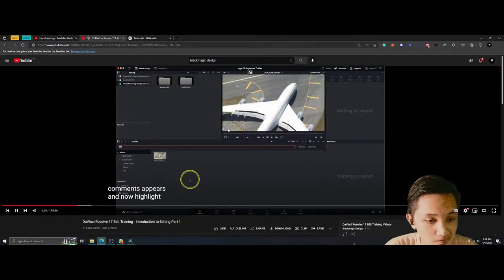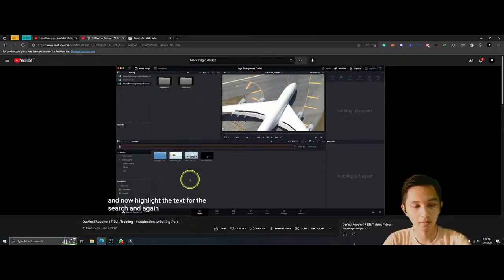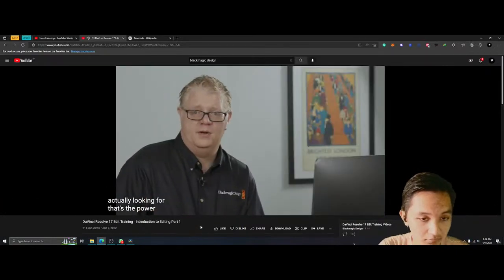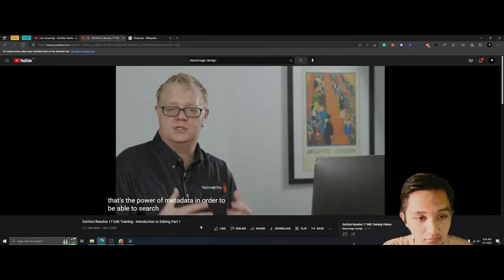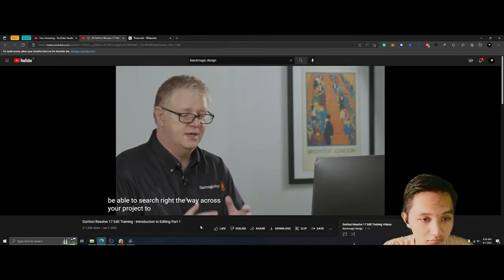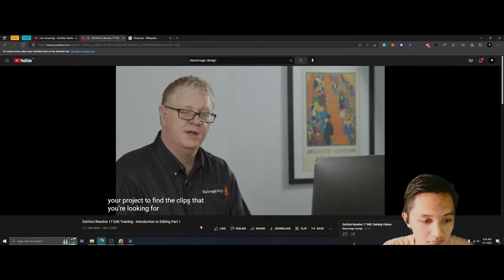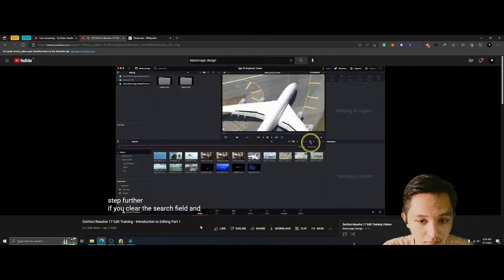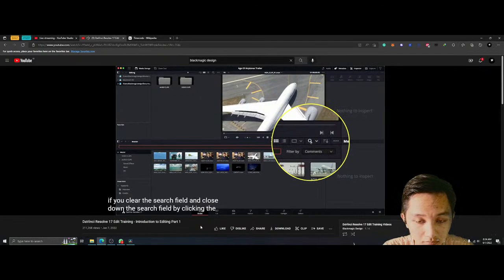And now highlight the text for the search and again type in what I'm actually looking for. That's the power of metadata in order to be able to search right the way across your project to find the clips that you're looking for. But we can go one step further. If you clear the search field and close down the search field by clicking the search button,